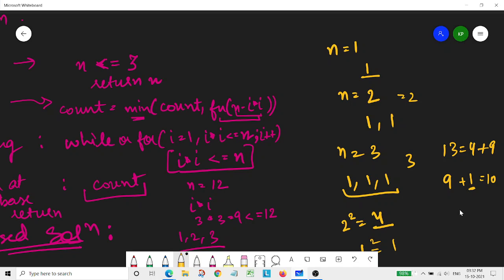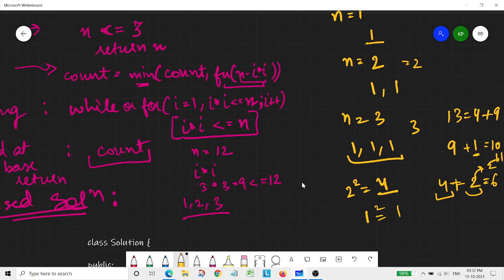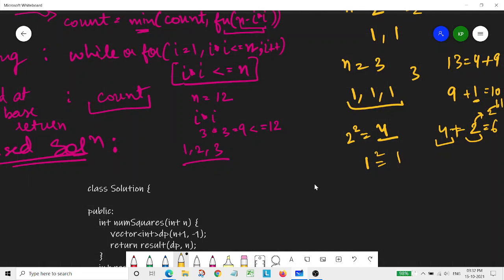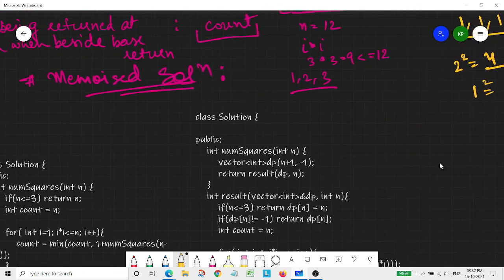Or if we encounter any other number in which we add 2 and some other perfect square number, let us say 4, it will make up 6, right? In this case 2 would be returned, because 2 is further made up of 1 and 1, which is again a perfect square. So that's why this is the possible base case for our recursive solution.